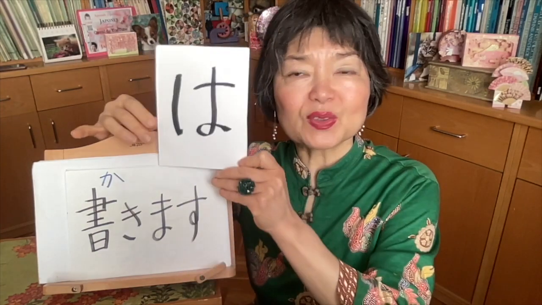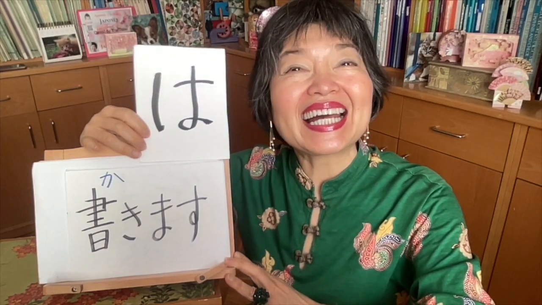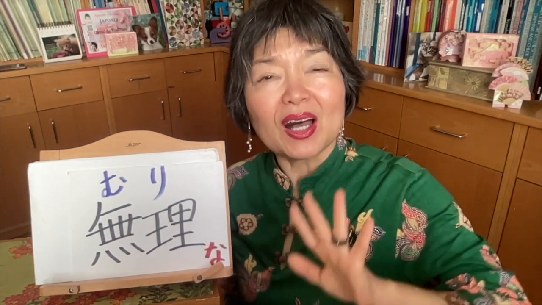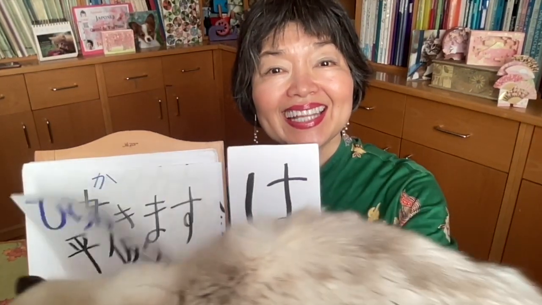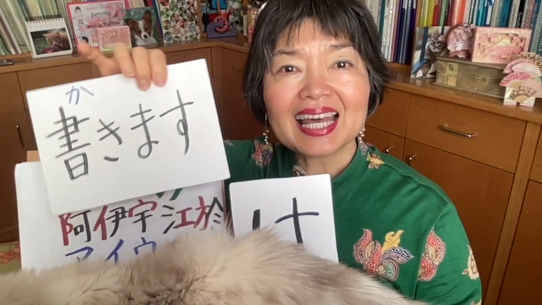But in this case, hiragana, yeah, but not katakana. So this is a special one. This is an emphasizing one. So, ひらがなはかけます。Oh, it's impossible. This is a な-adjective: 無理な something. Oh, 無理です。It's impossible. 孫はひらがなはかけますが、カタカナはまだ無理です。